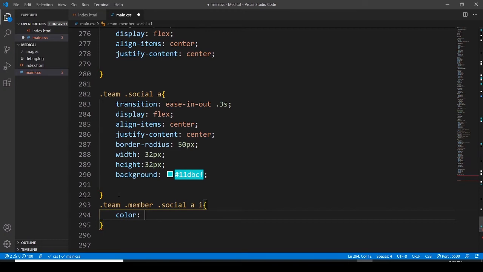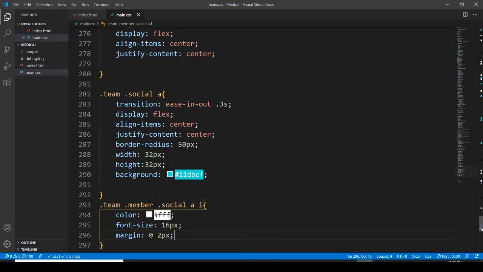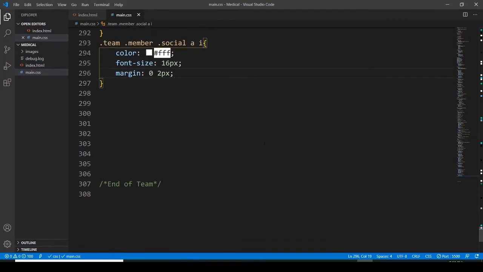So colors are going to be white, and then the font sizes are going to be 16 pixels, and margin is going to be 0 and 2 pixels. Let's see. And then margin and this 2 pixels, and then